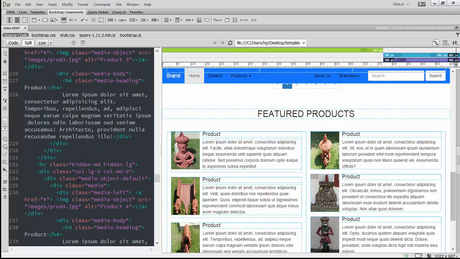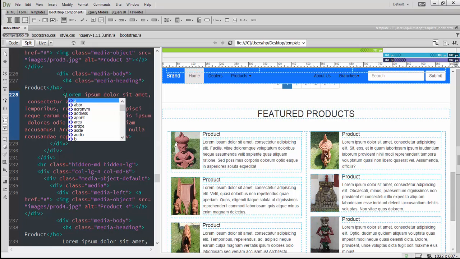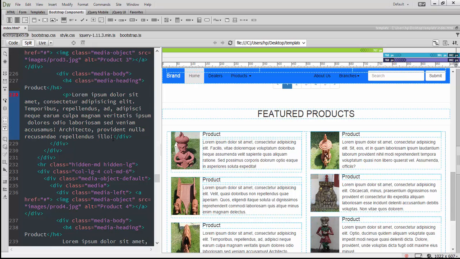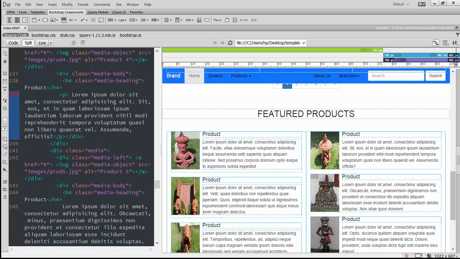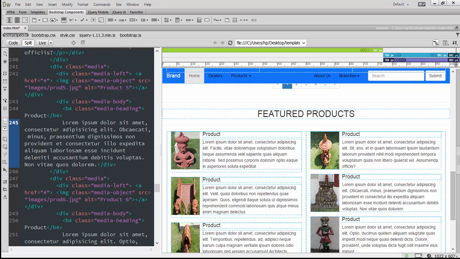Coming down, put it inside a paragraph and close the paragraph. Next one also the same way. Place it inside a paragraph and then come and close the paragraph. Similarly for the next one,